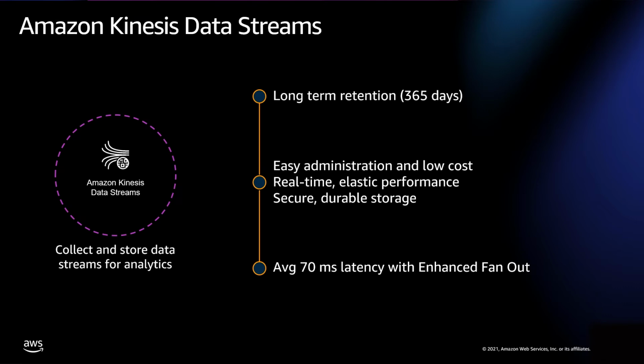Amazon Kinesis Data Streams, or KDS, is a massively scalable and durable real-time data streaming service. It is serverless. You don't need to do any storage capacity planning. The service synchronously replicates your streaming data across 3 availability zones in an AWS region. The data retention is configurable. It provides up to 365 days data retention. In terms of producer to consumer latency, you get 70 millisecond or better latency with the enhanced fan-out feature. And KDS has integration with many other AWS services, including CloudWatch, IAM, AWS Lambda, Kinesis Data Analytics, Amazon DynamoDB, etc.